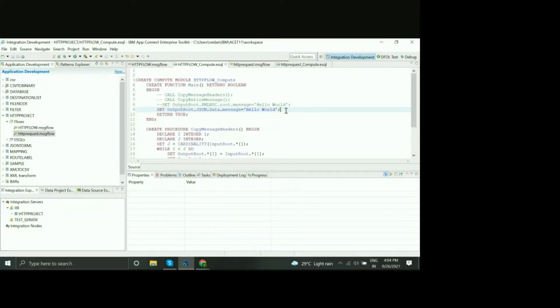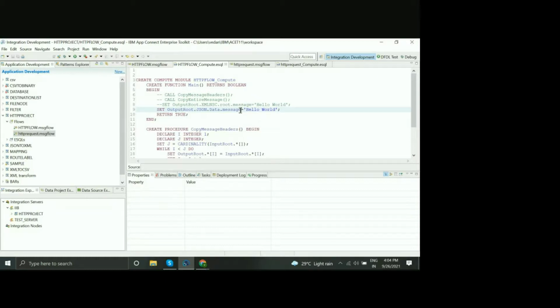So, Vishnu, if we don't provide anything here in the message, it will be only printing hello world, right? No, it will not. Try that. Okay, I'm trying it. Generally, I always kept XMLNSC.root and JSON.data. And as far as I have worked, I have never given it like this.